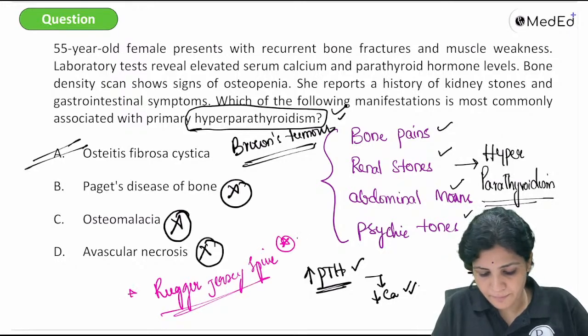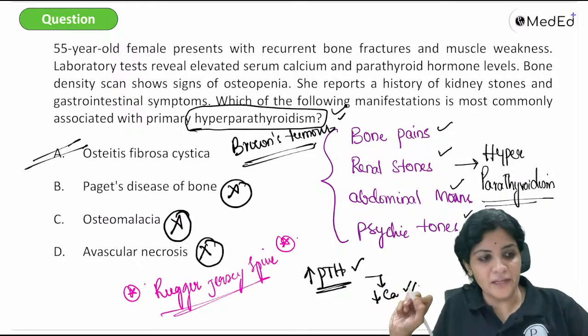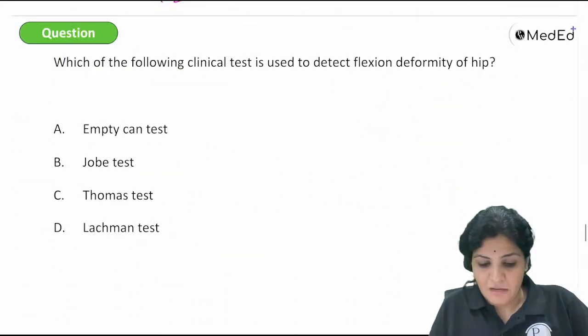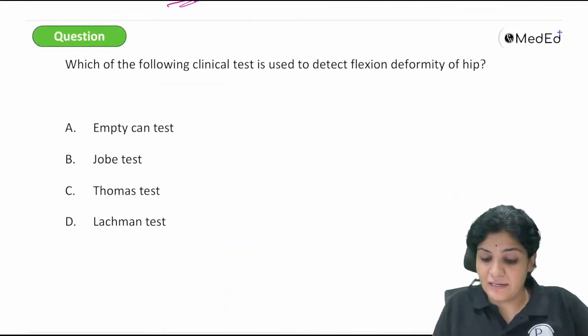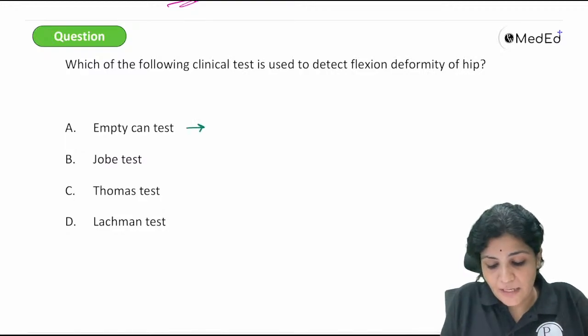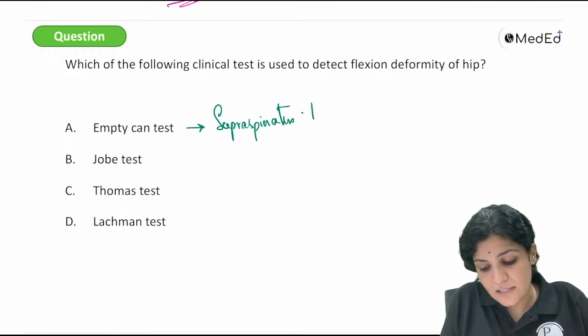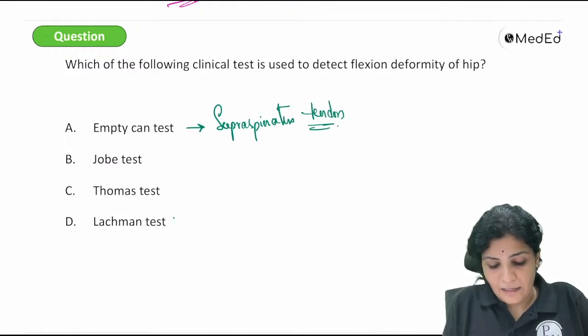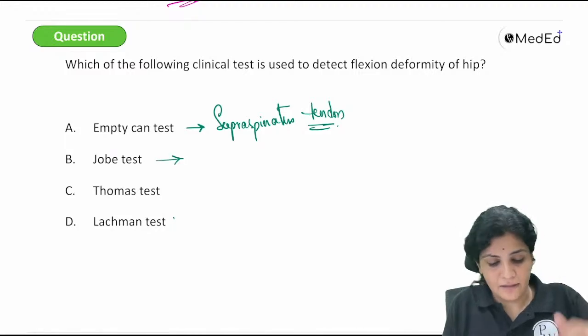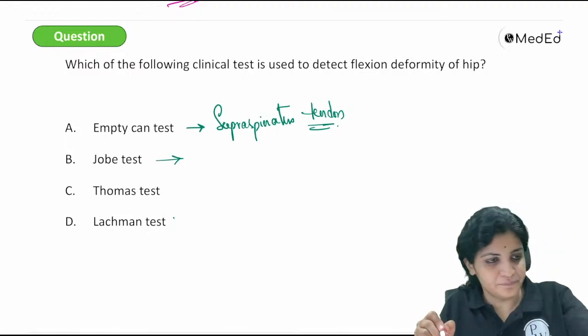Okay. Next, which of the following clinical tests is used to detect flexion deformity of the hip? This is very, very important. As we know, the Empty Can test is for supraspinatus. This is the supraspinatus tendon. And Job's test? Job's test is for